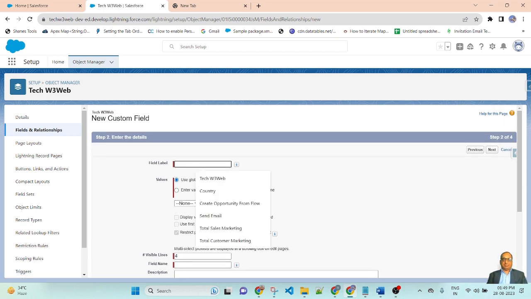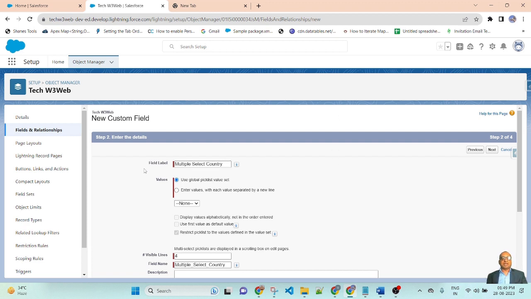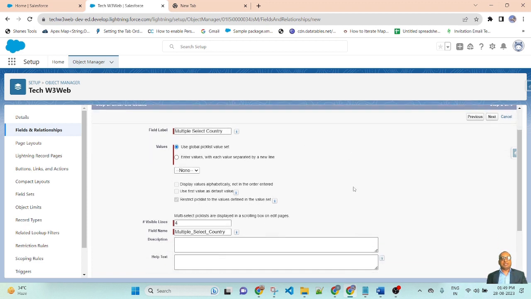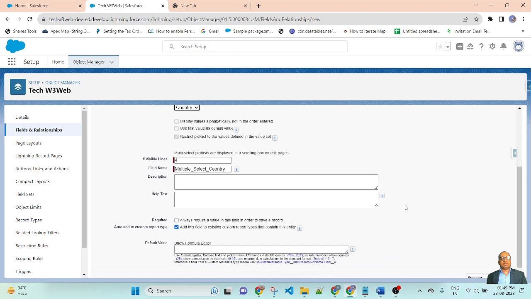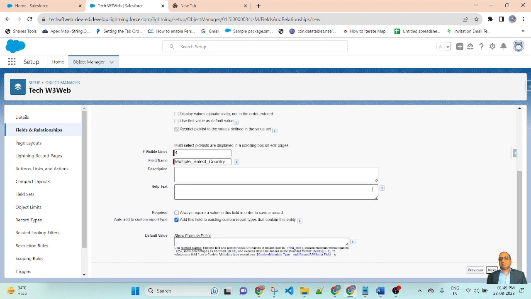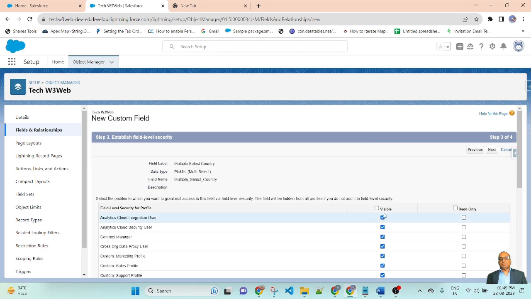Write the name of the field label: Multiple Select Country. Here I am choosing my country value set, that is the global picklist value set, and next.